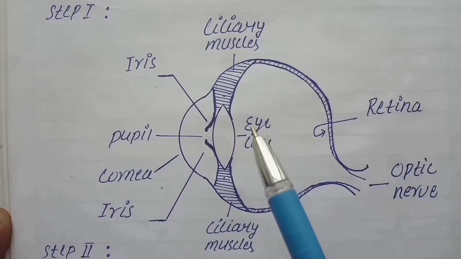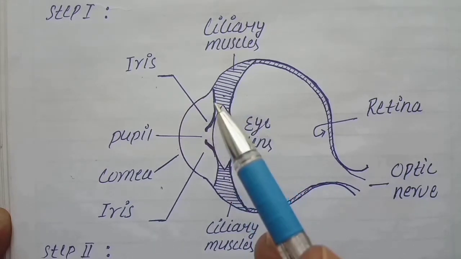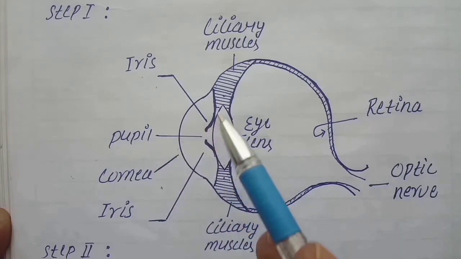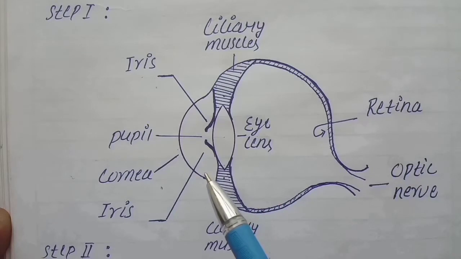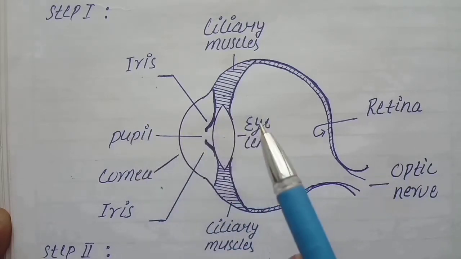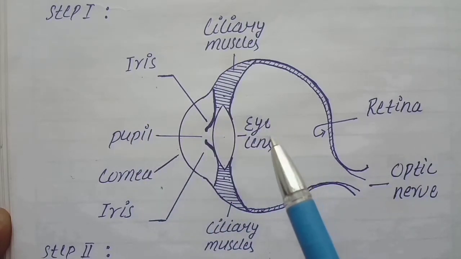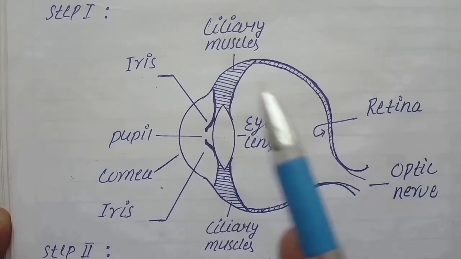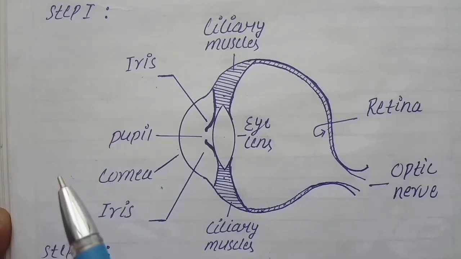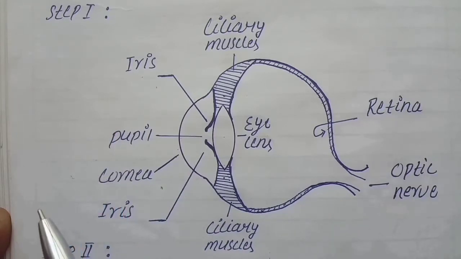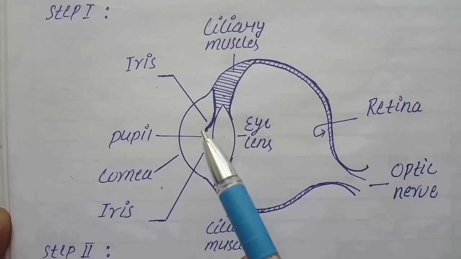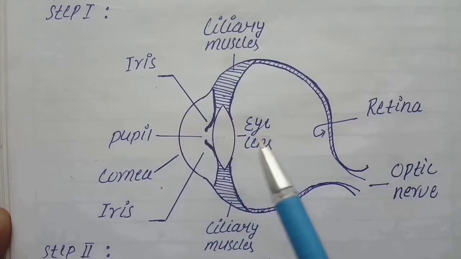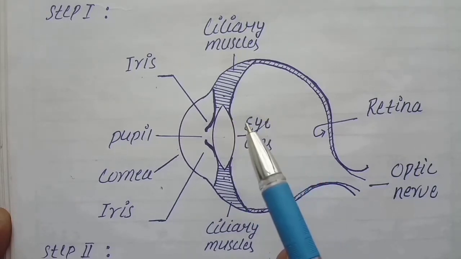so that the object can be visible. But the iris cannot increase or decrease the size of the pupil at once. It takes some time to increase or decrease the size of the pupil. That's why we cannot see the sun directly, because it may cause damage to our retina. And also at night we are not able to see objects clearly when a vehicle passes near us. But after some time, when the iris increases the size of the pupil, more light enters the eye and we are able to see the object.